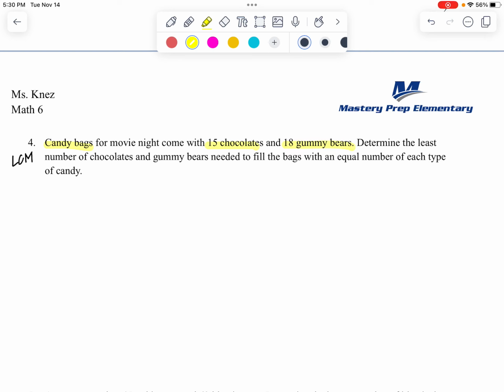I want to be able to fill the bags with an equal number of each type of candy. And to do that, I need to figure out the least number of packages of chocolates and packages of gummy bears that I can purchase. Since I'm looking for the least number I can purchase to create an equal amount, I know that I'm finding the LCM. I want to go ahead and count,